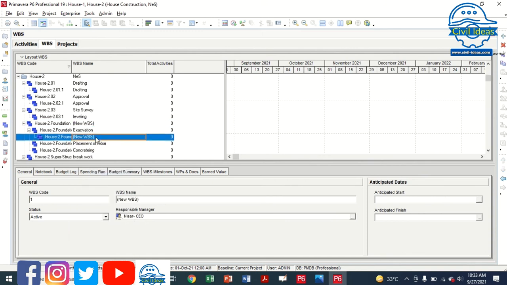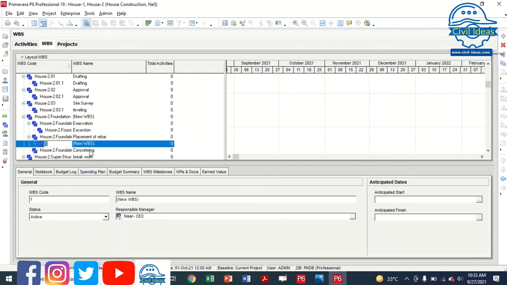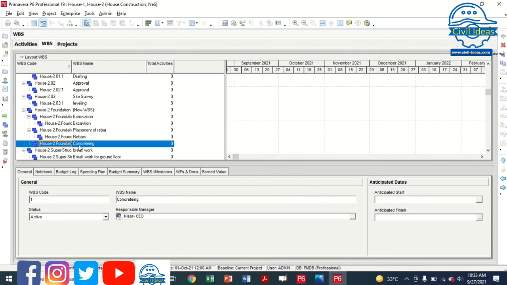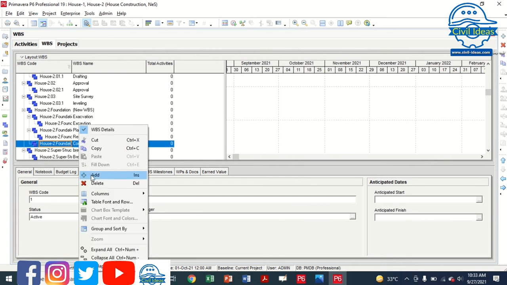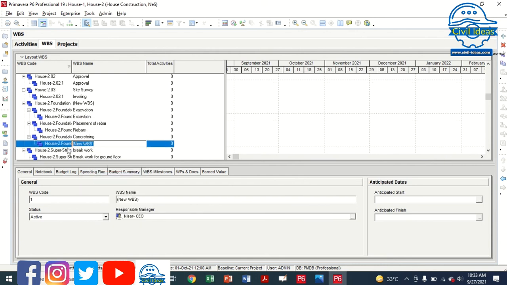You have to add in activities here, and also the placement of rebar's placement. I added it because the video will be too long, so that's why I have to add shortly. House number two, foundation concreting. So concrete